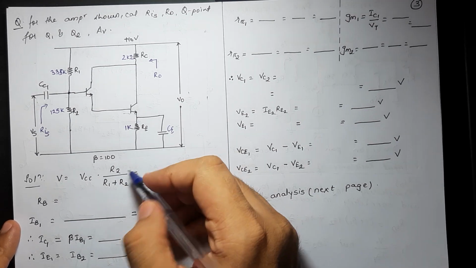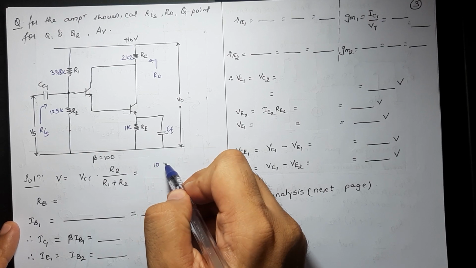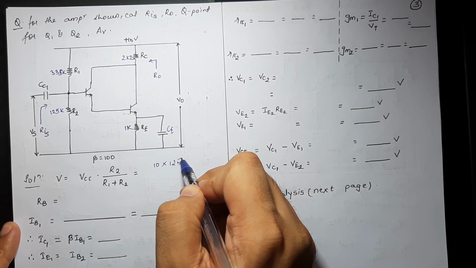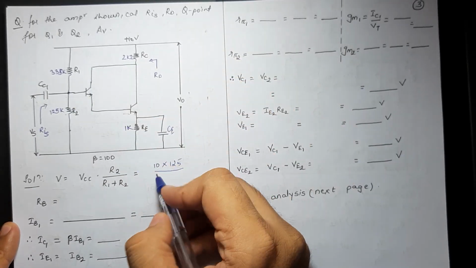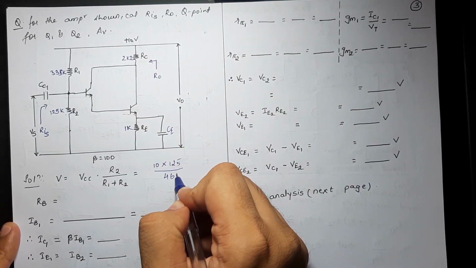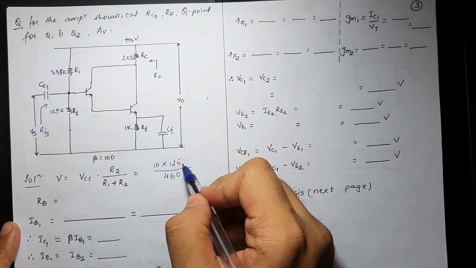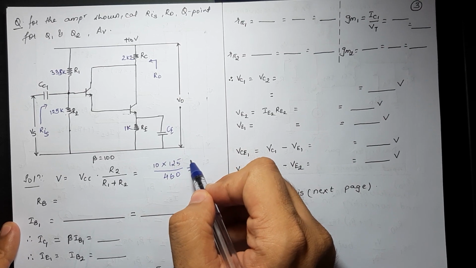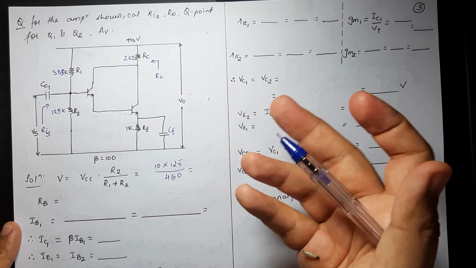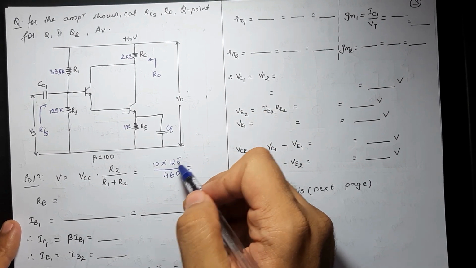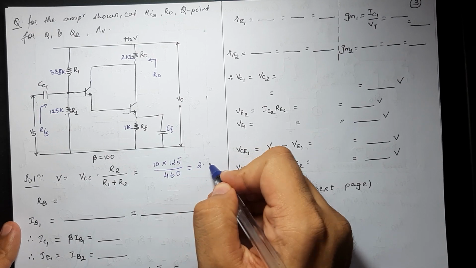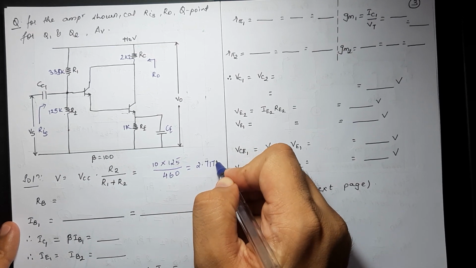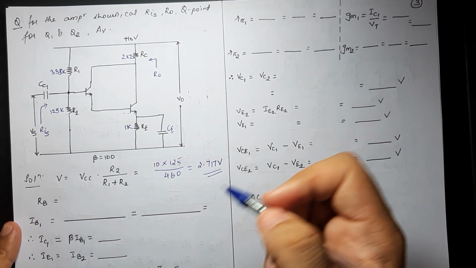Now, this turns out to be VCC is nothing but 10 into 125 upon R1 plus R2, which is nothing but 335 plus 125, which turns out to be 460. Just look over here that I haven't mentioned the numbers into 10 raised to power 3, since they both will be getting cancelled eventually. Hence, it is simpler to write 10 into 125 upon 460, the value of which I have received is 2.717 volt. Please do verify with me, everyone.